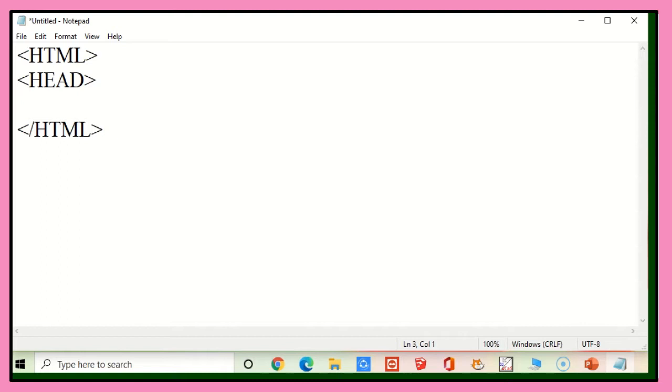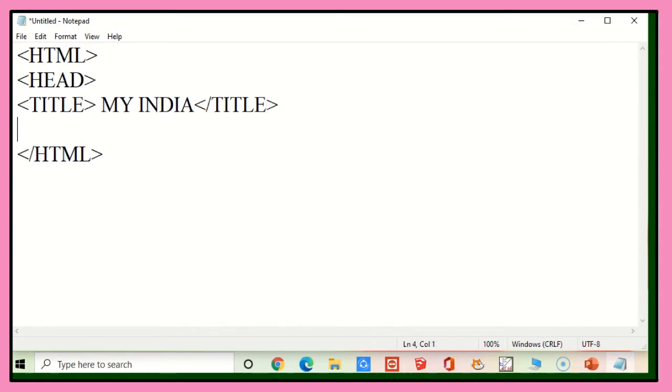So what is the use of head tag? It is for identifying why this page is being created. Followed by the title tag. So inside the head tag you have to give the title tag. So what is the use of title tag, children? The title will be displayed at the top of the web browser on the title tab. Say for example, now I am going to create a web page for India. So let me give the title as My India. Since title tag is a container tag, you have to give the ending tag, closing tag, preceded by the /.